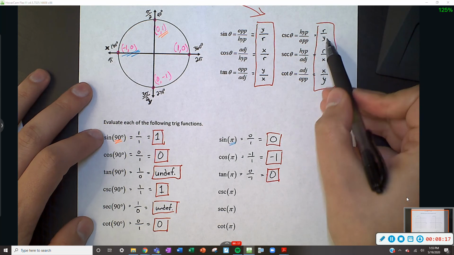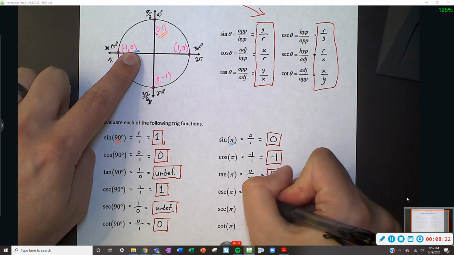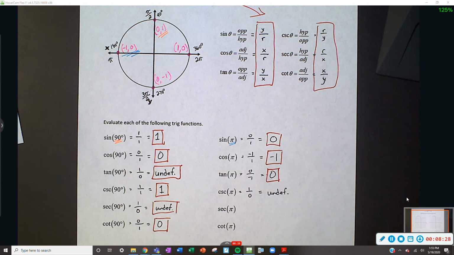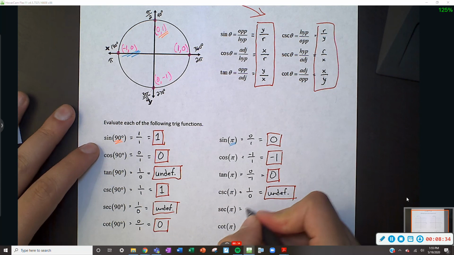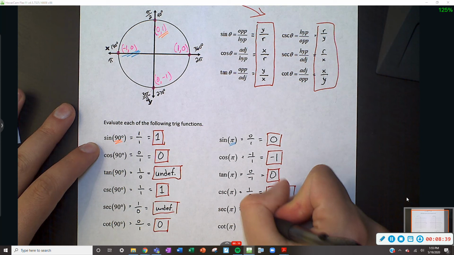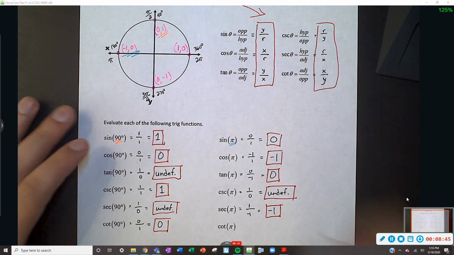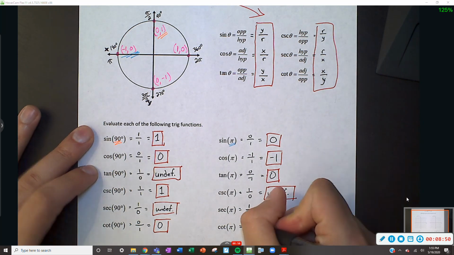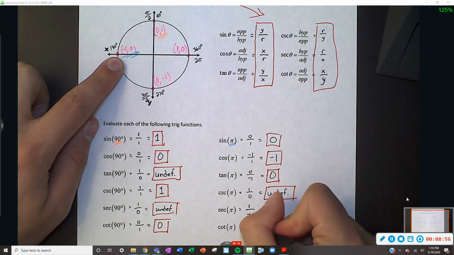Cosecant is r over y. So the radius is 1. The y value, again, of that coordinate is 0. So that is going to be undefined, right? Can't have 0 in that denominator. Can't stress that enough. Secant is going to be r, which is 1, over x. X value is negative 1. 1 divided by negative 1 is negative 1. And last but not least, cotangent of pi, x over y for cotangent, negative 1 over 0 is going to be